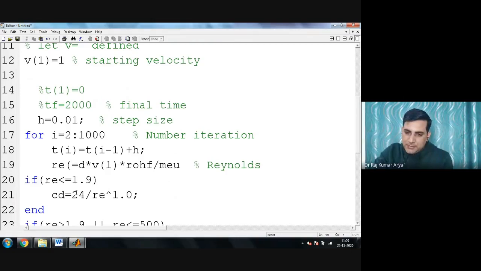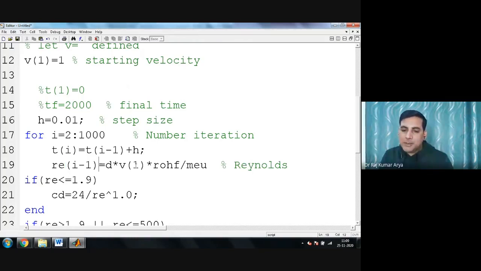So let's say this would be, practically, RI minus 1, right? Because you are calculating based on the previous one. So you got this V1, and practically you need VI minus 1 here. Everything I wrote in terms of I and J, so for me it makes it easy. There is no change in it.